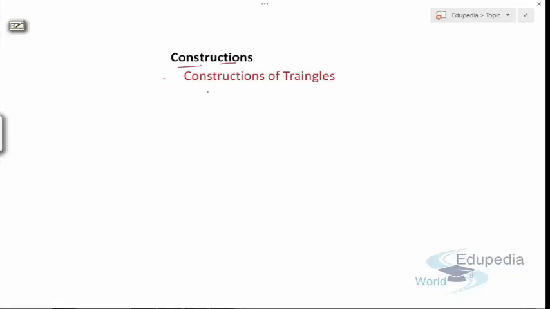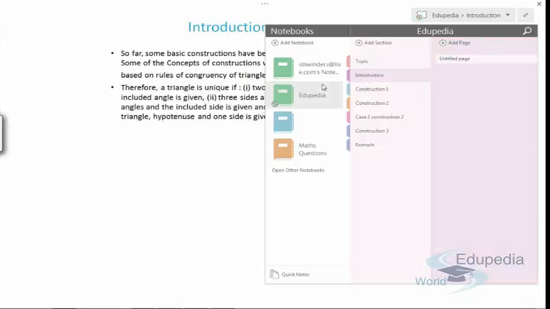So now in this video we'll discuss some of the advanced concepts of construction. So far in the previous videos we have done the concepts related to basic steps of constructions. Now we'll use those basic steps to construct triangles, which are very important from the exam point of view, and we will also see how we can correlate construction and congruency, why congruency is needed, and how we can justify it through construction. So let's get started with the first topic, which is introduction.